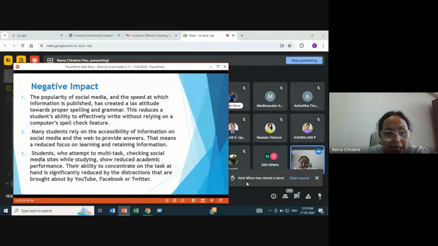Students prefer to chat with friends for hours together, and this leads to waste of time that could have been used for study or maybe learning new skills. Students who attempt to multitask, checking social media sites while studying, show reduced academic performance also. Their ability to concentrate on the task at hand is significantly reduced by the distractions